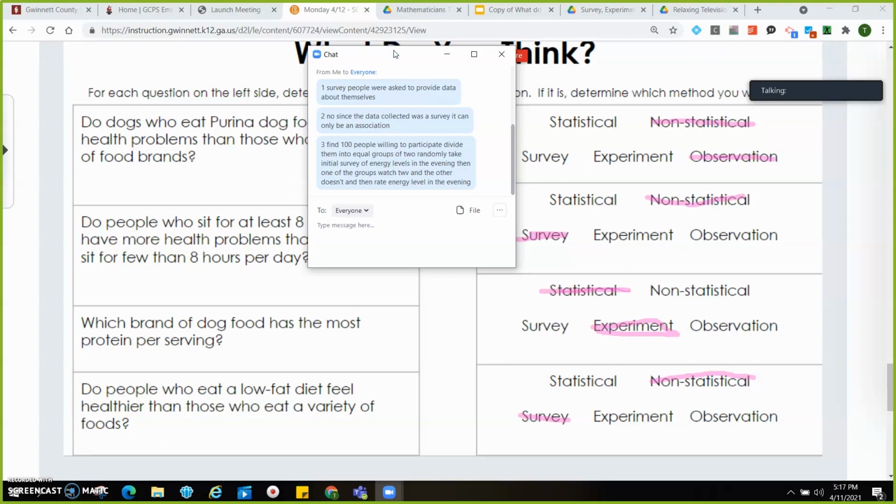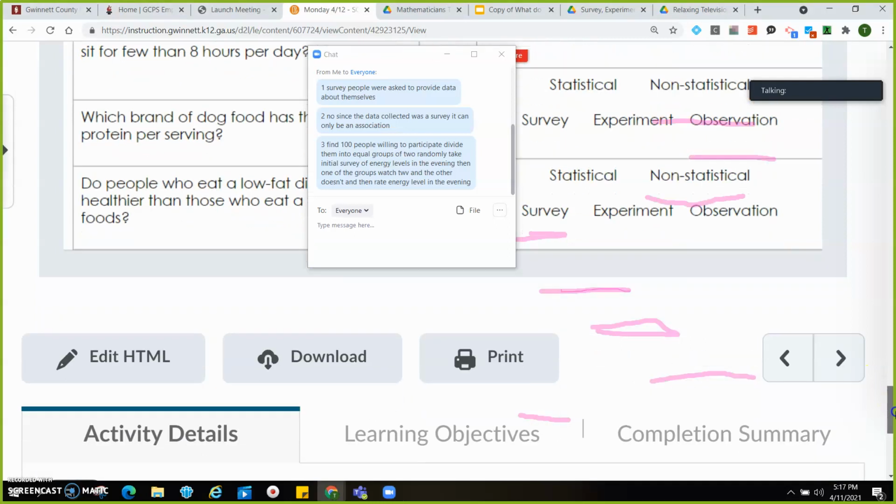Which brand of dog food has the most protein per serving? That's going to be statistical, and it's going to be an experiment. And then, do people who eat a low-fat diet feel healthier than those who eat a variety of foods? So that's going to be non-statistical, and it's just going to be a survey because you've got to ask people. So hopefully